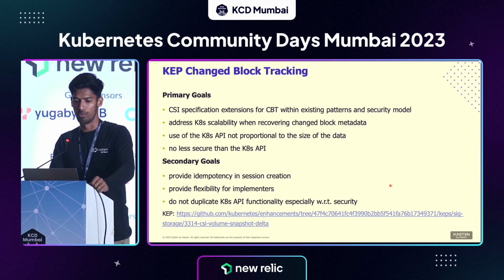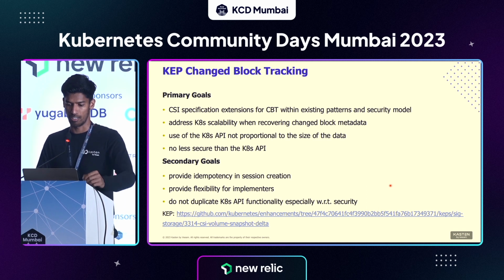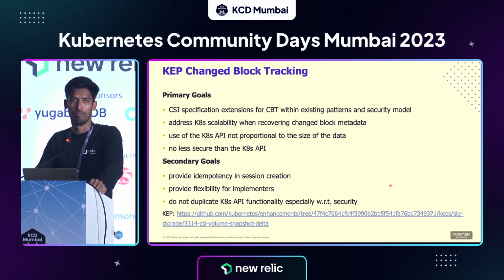With a couple of folks, we are working on proposing a design to achieve this feature. The primary goal is to propose changes in CSI so that the CSI driver will implement it and get the change block information. We don't want to compromise on scalability. Since the response of this API could be very huge, we don't want to disturb any